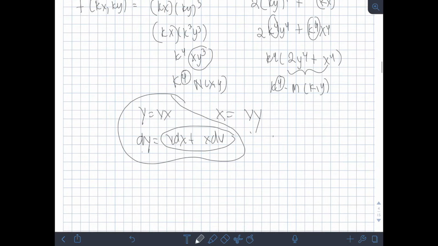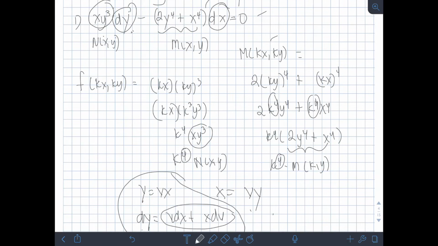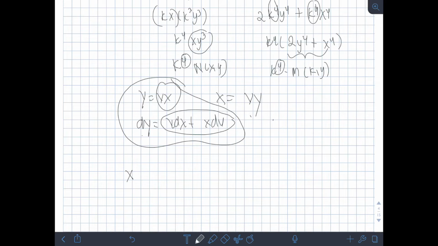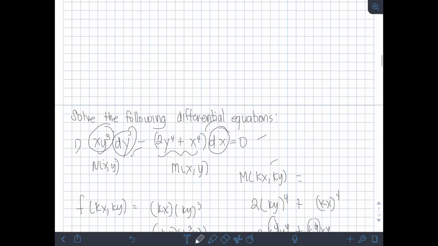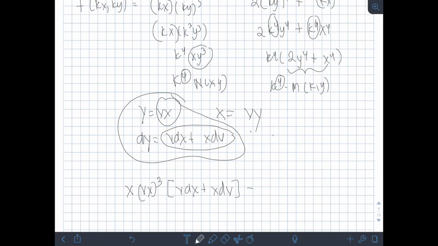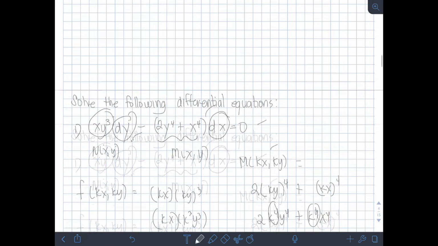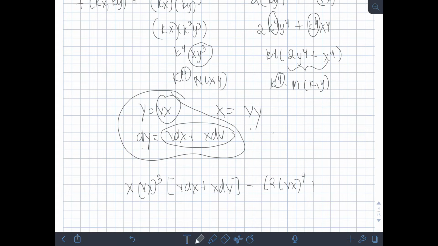So y cubed becomes (vx) cubed, right? (vx) quantity cubed. Then dy, here it is, v dx plus x dv. Okay? Minus 2y to the fourth, so 2, our y becomes (vx) to the fourth plus x to the fourth, copy lang,